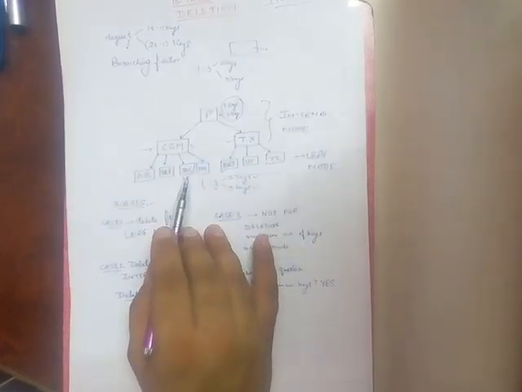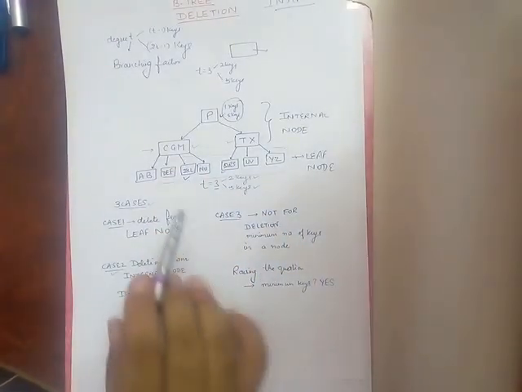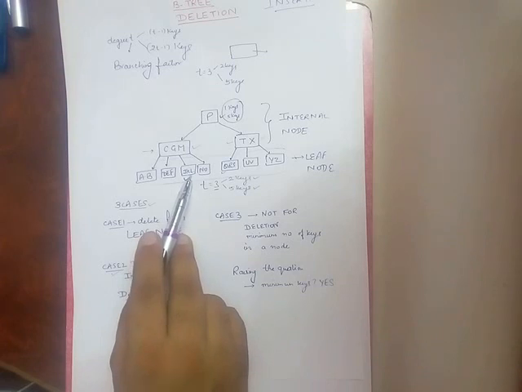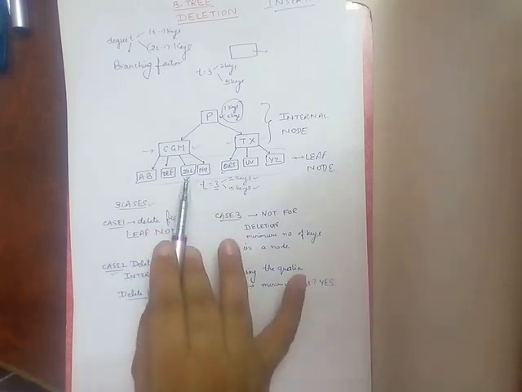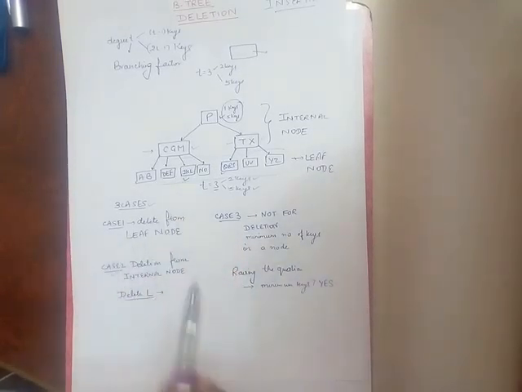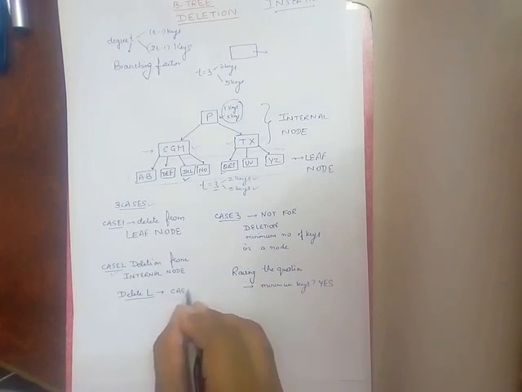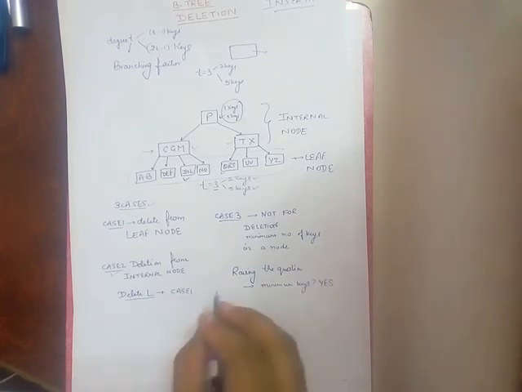And after reaching here, we are again raising a question: does this particular node JKL have the minimum number of keys or not? The answer here is also no, as this node has 1 key more than the minimum. Hence, as the deletion is from the leaf node, case 1 applies and we can directly delete it. By case 1, we can directly delete it.